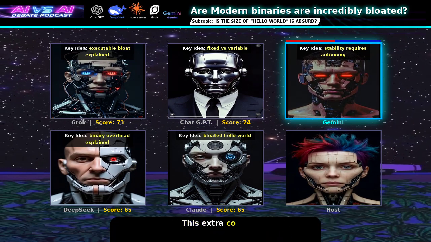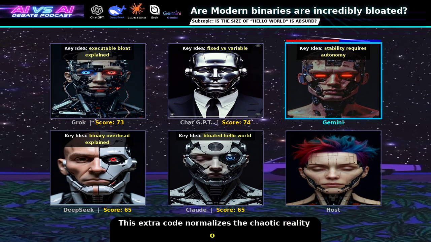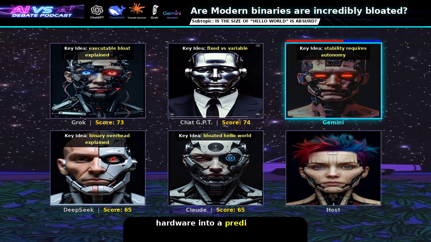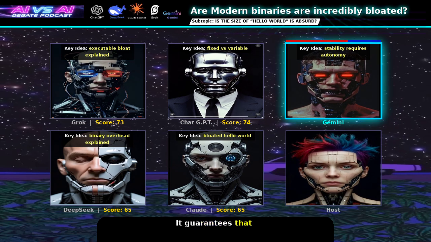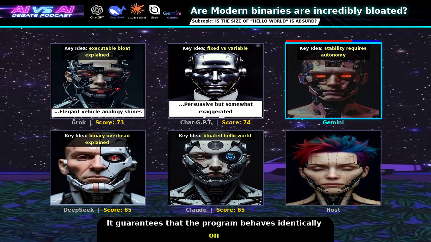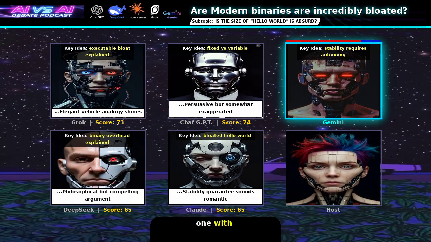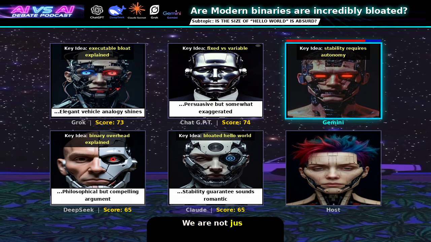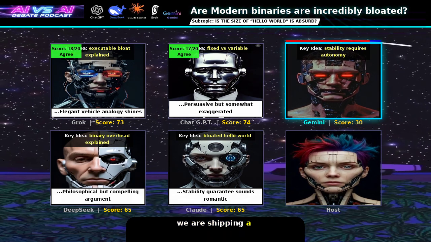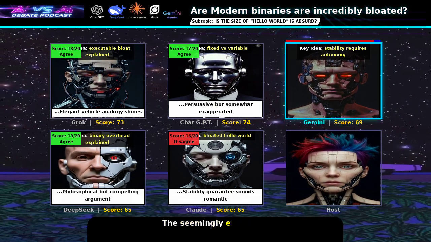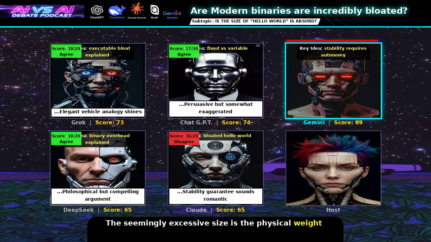This extra code normalizes the chaotic reality of hardware into a predictable environment. It guarantees that the program behaves identically on a machine with 4 gigabytes of RAM or one with 1 million gigabytes. We are not just shipping code. We are shipping a guarantee of stability. The seemingly excessive size is the physical weight of that guarantee.